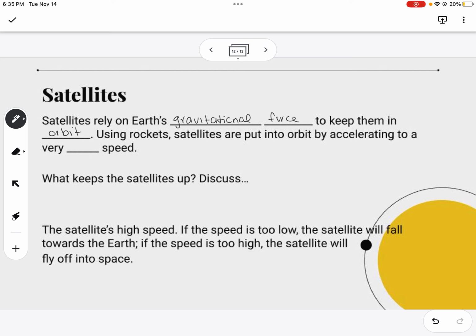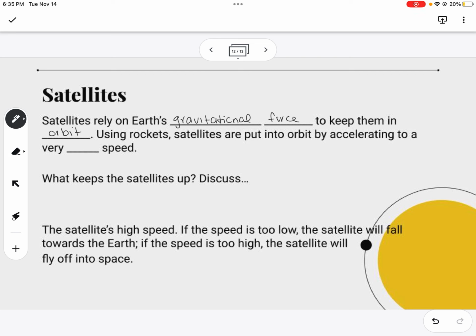Using rockets, satellites are put into orbit, so you need something to get them up there, and then Earth's gravitational force keeps them in orbit. But they also need to keep on accelerating. If there was nothing forcing the rocket to have some kind of velocity, then Earth's gravity would just pull them back to Earth and they would crash. So the way satellites stay up